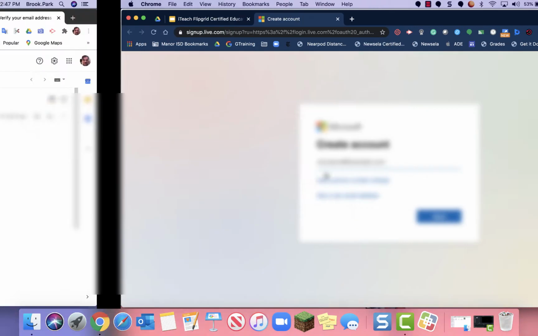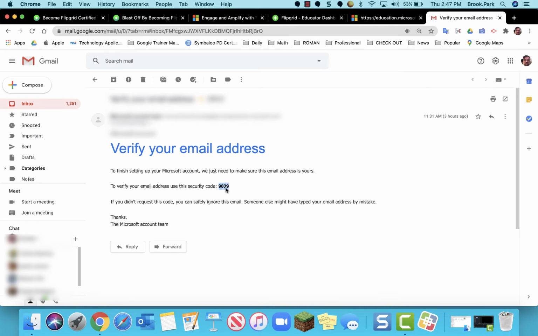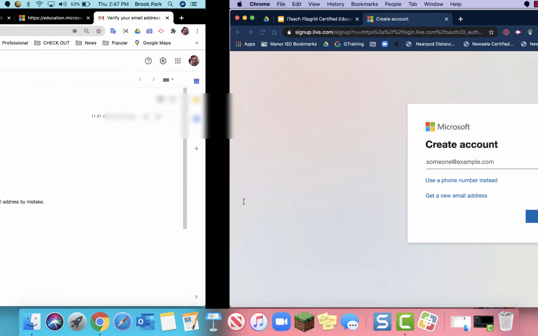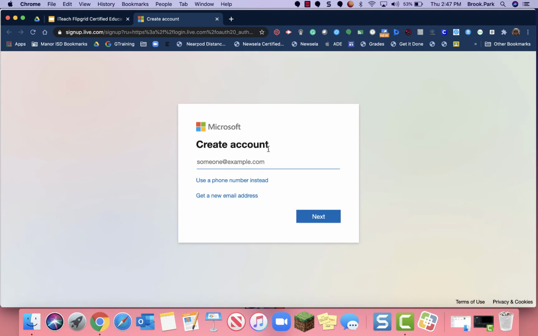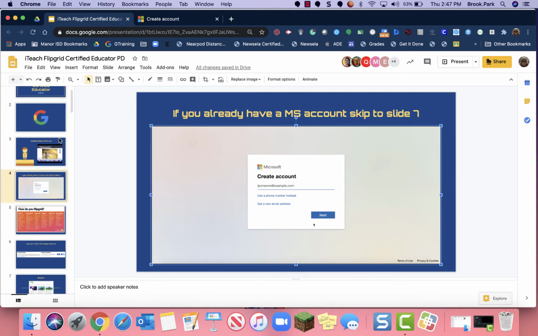So to show you that, I'm actually going to go over here to the Gmail that I used to create an account earlier, and right here is the code. So I would have taken that code, or I did take that code, and then I bounced back over into my Microsoft screen here, and I entered that code and verified it. Now, once you're done with that, you're actually going to go back to the presentation, and then you are going to be ready to move on. So let's do that